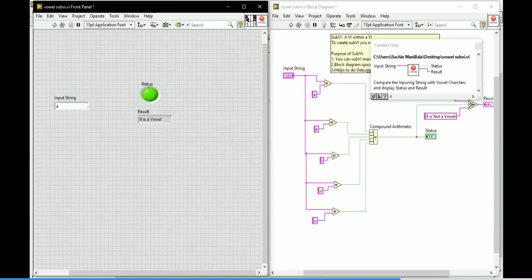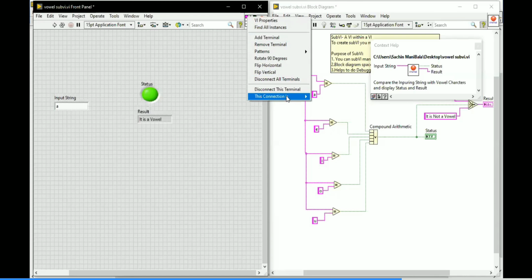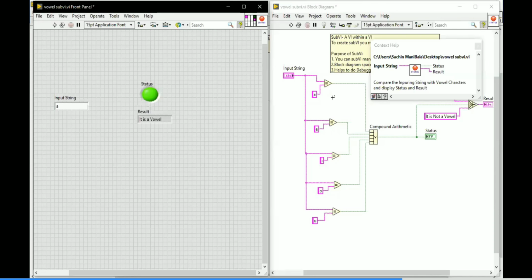So right click on the input string control, go to the connector pane, right click on the pink square box, and go to This Connection Is, where you have required, recommended, and optional. Choose required and it is converted to bold font. If required is set, you must connect that terminal.